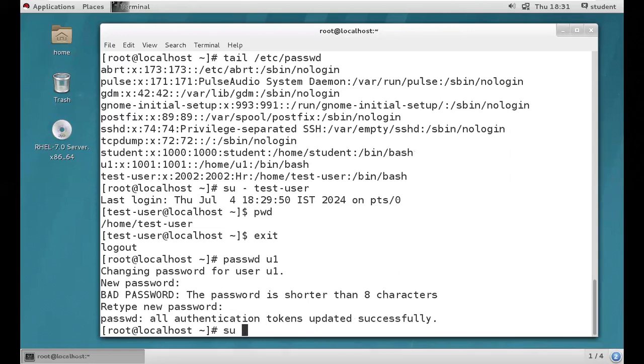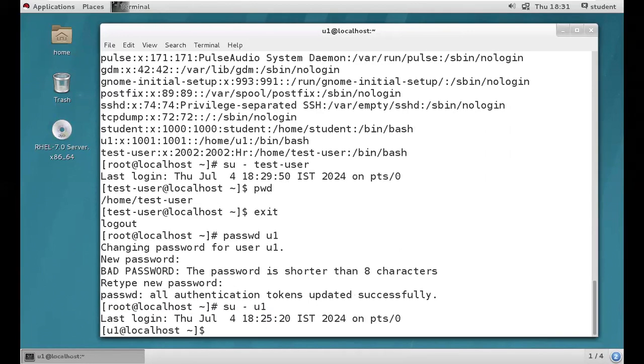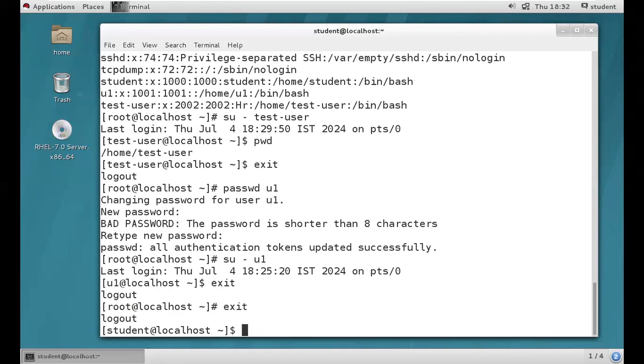So guys, if you log in from the root user to any user account, it won't ask for any password, remember. So if you switch from root user to any user, it won't ask for a password. But if you try to log in with a normal user, the student user is a normal user. Now we are going to log in from the student user to u1.